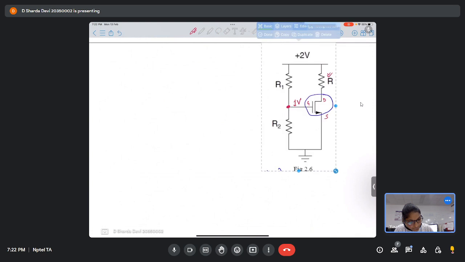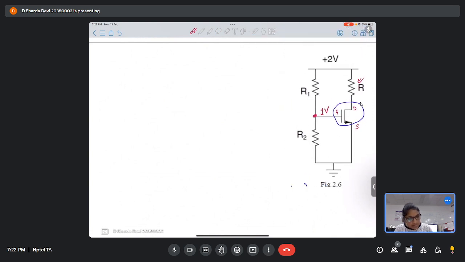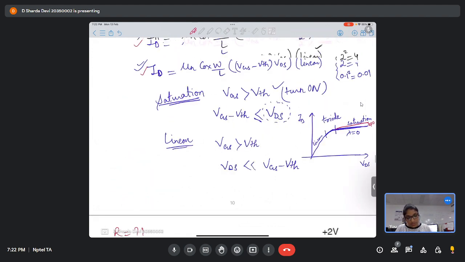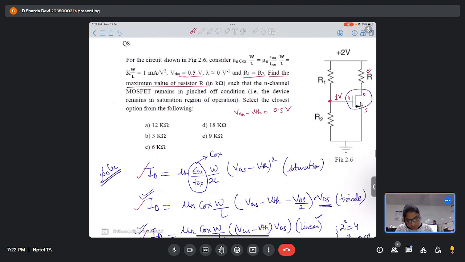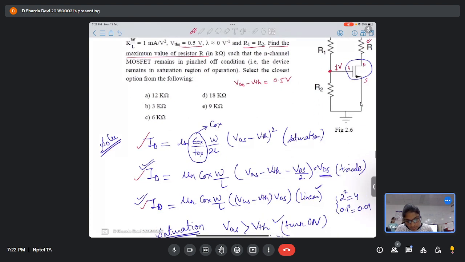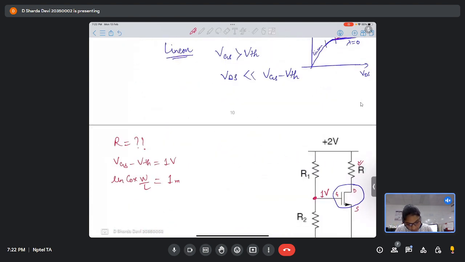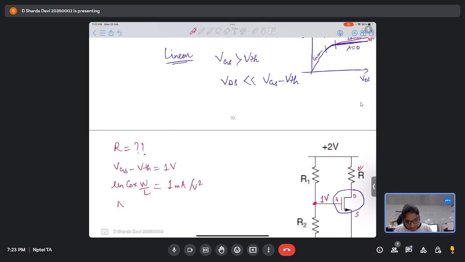So in this, what we have to find is R. Now we know VGS minus VTH is 1 volt. Mu n C ox W by L is given to be how much? 1 milliampere per volt square. And it is known that the transistor is in